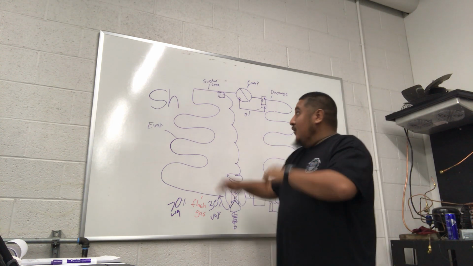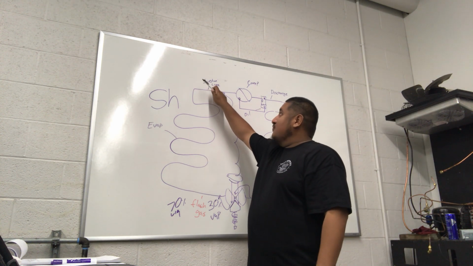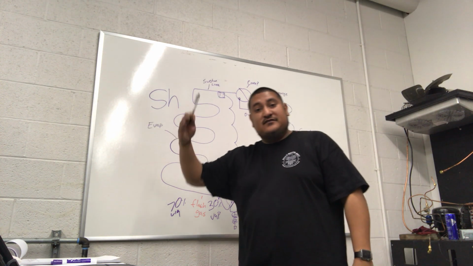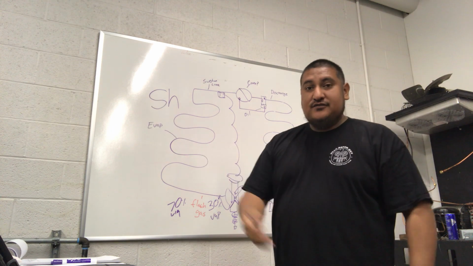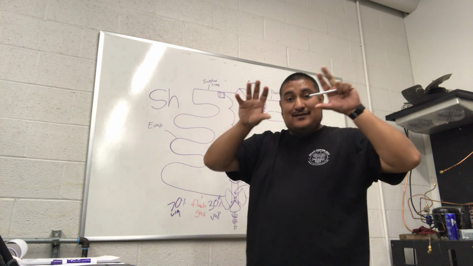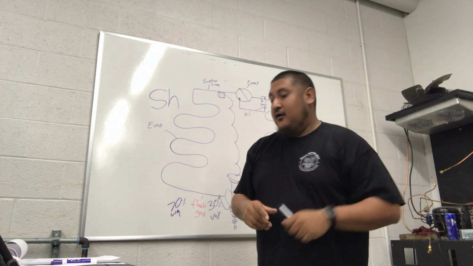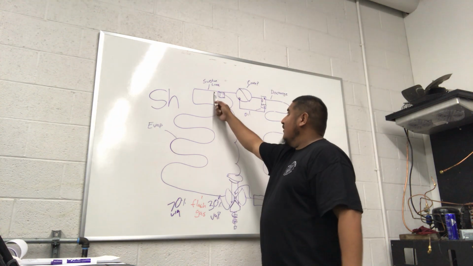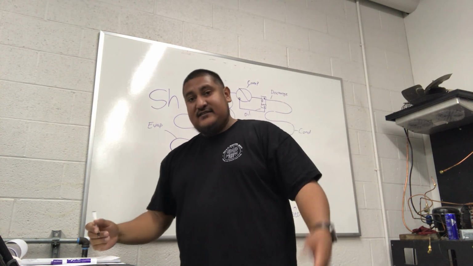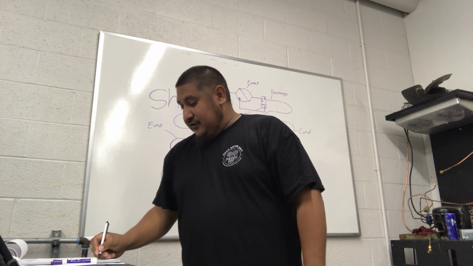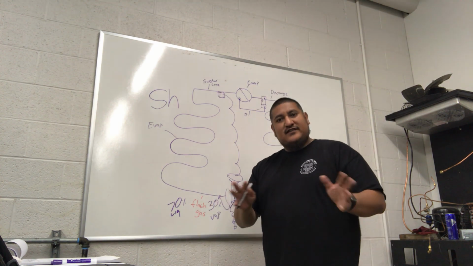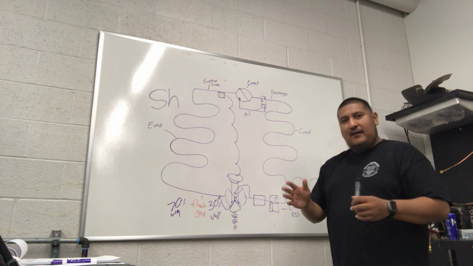All right. So we checked our suction pressure here, and it is 60 pounds. So we're going with 60 pounds, 40 degrees. We've got a 40 degree refrigerant coming in here. Again, 40 degrees, it's saturated. Then we're going to check our suction line temperature, which is going to tell us it's at, we'll go 45. Well, that means that we have